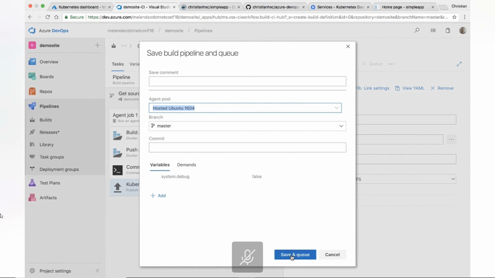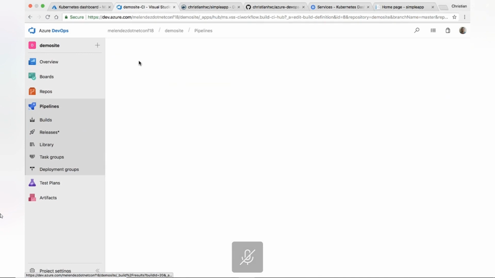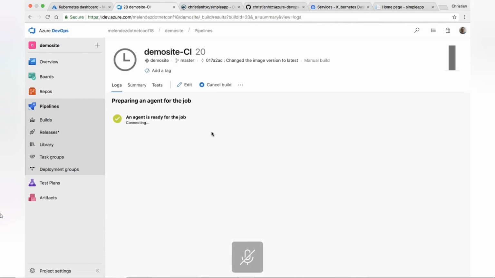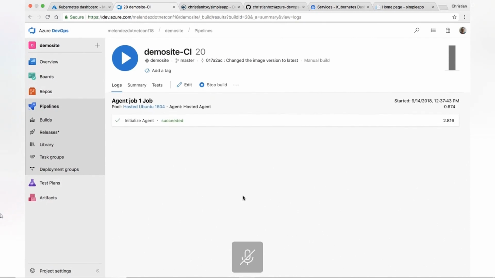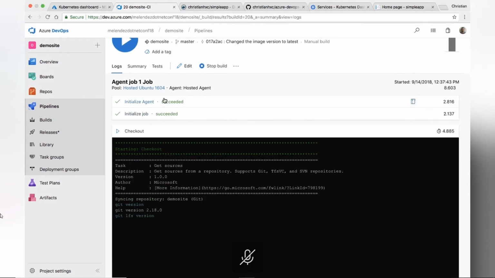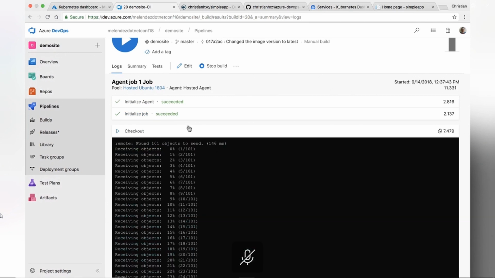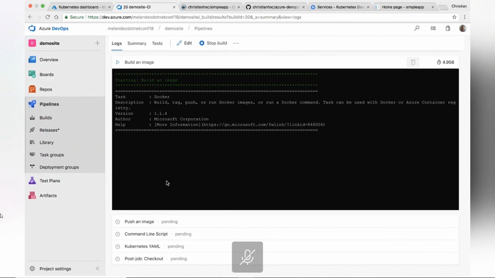I'm going to keep using the default configuration that I had previously, and this is going to start creating the build. As you can see, it says version 20, but that's because I already have other pipelines created in the project. And the cool thing here is that you will be able to see the logs live, and you can see every phase and what it is doing, and you can see this later also. It will initialize the agent, it will initialize the job, it will check out the code, it will start building the image, but